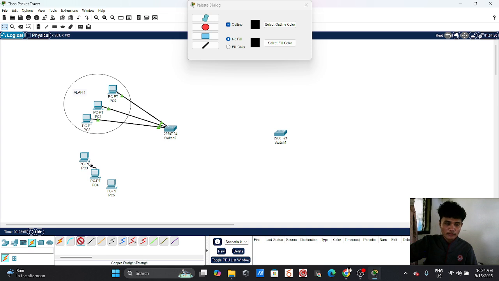And this is our VLAN 2, which is 6 to 10.